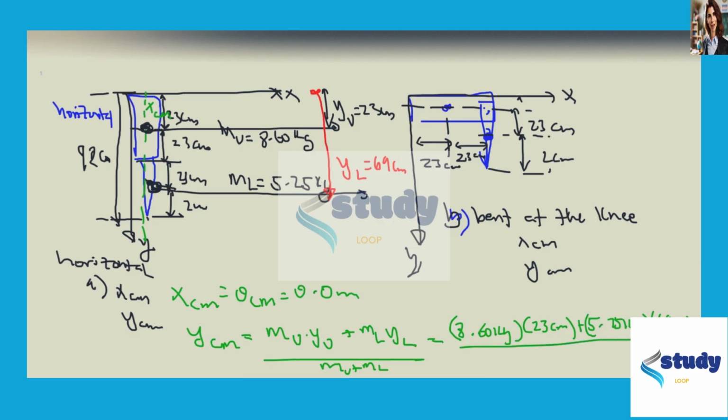All that divided by 8.6 kilograms plus 5.25 kilograms. You do the math, and you're going to end up with